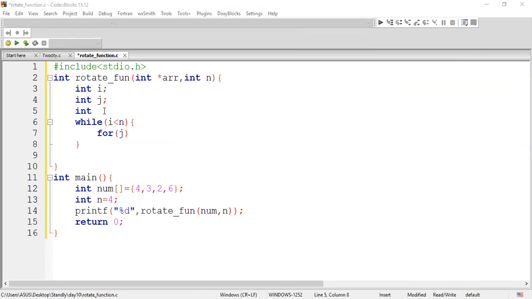So let me declare one more variable called k. This is for my iteration. Here I'm going to iterate this array, right? The array is actually of length n, with indices from 0 to 3. So I need the actual size here. So let me take my k value as n minus 1. Since we have an array size of 4, I'm having values 0, 1, 2 and 3. That's the reason I'm taking my k value as n minus 1. And here let me start with k, j assign k.